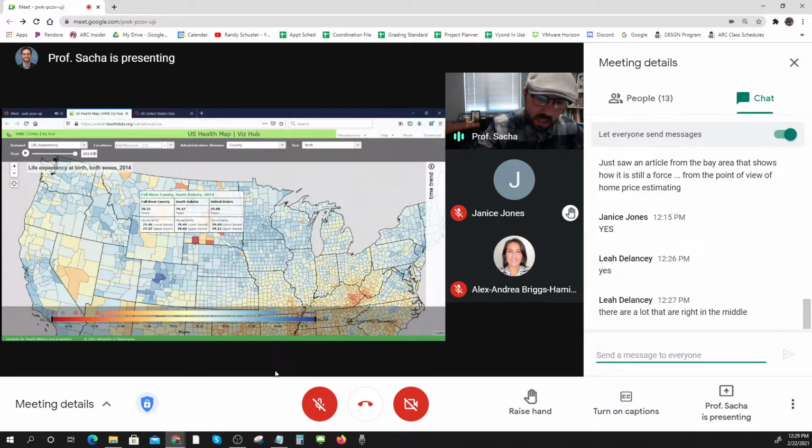You cross a magical line in the dirt, you go into Nebraska, right? Going from South Dakota to Nebraska, and all of a sudden life expectancy goes up about 13 years, okay? Just by crossing that line. So the question, right, that Janice already started to think about is, how does this come to be? What is going on in Oglala Lakota County that is leading to such a starkly different life expectancy, right?